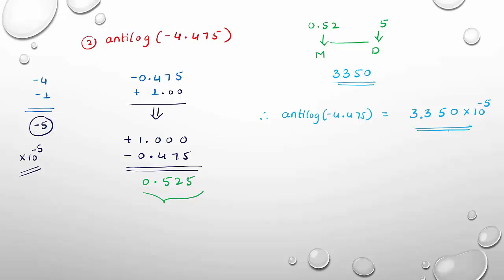3.350 into 10 raised to minus 5. Right? Then I will explain one more example so that you will get perfect regarding antilog of negative values. See the third example, antilog of minus